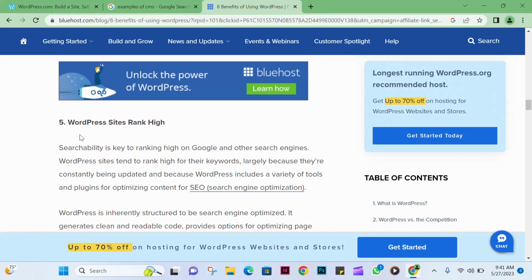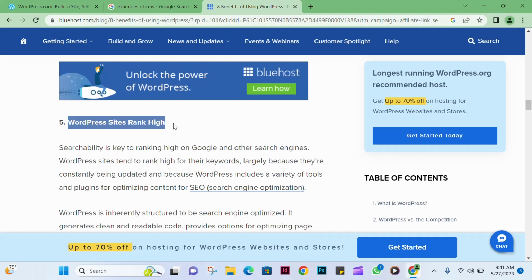Then WordPress sites rank high. Yes, we have around 180 something million WordPress sites. So we have a lot of websites using WordPress, and when it comes to SEO, or search engine optimization, WordPress sites normally rank higher because they have good plugins that help in search engine optimization.